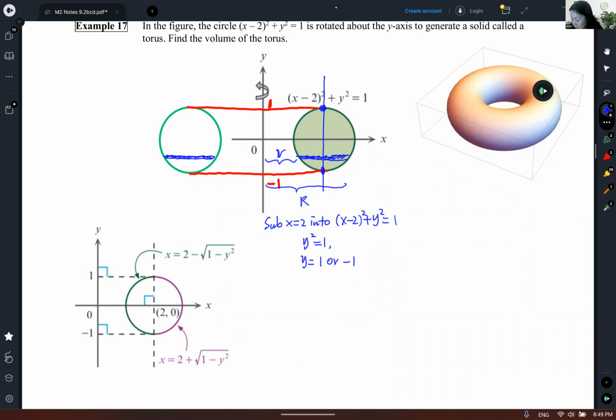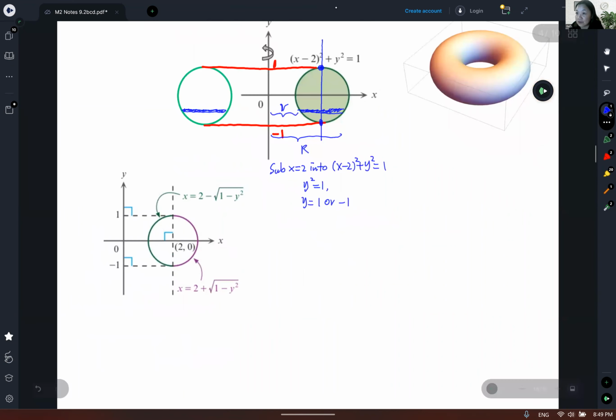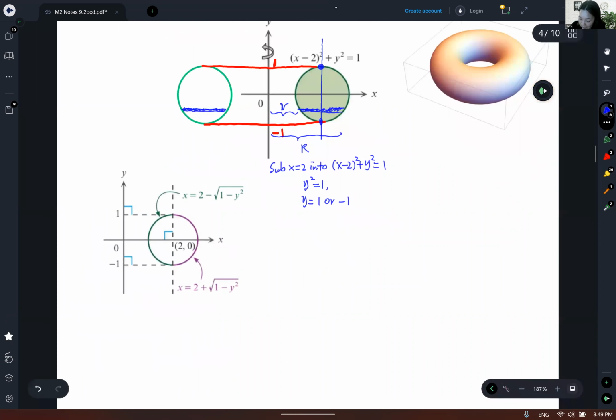Now both the bigger r and the smaller r can be represented by the equation of the circle, but I need to tell the difference. Look at this figure. This side is the smaller r. This side is the bigger r. So I need to figure out which one is the smaller one, which one is the bigger one. So there you go. Because x minus 2 squared plus y squared equal 1, I can find